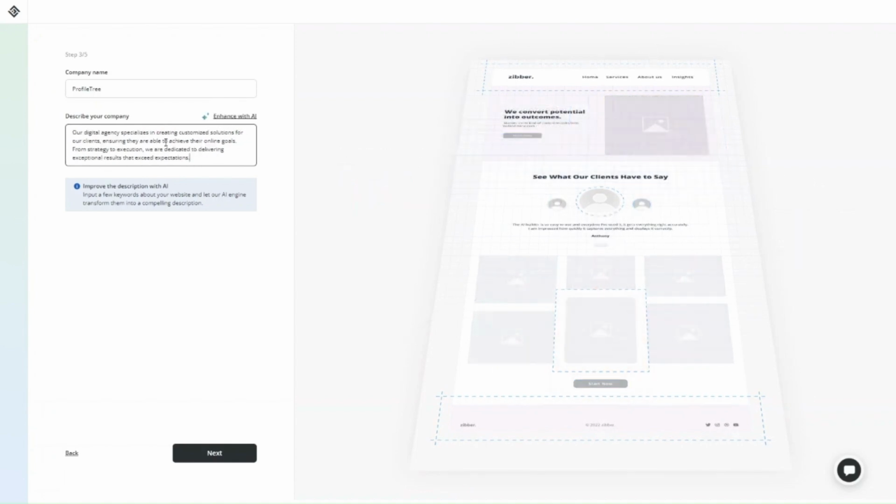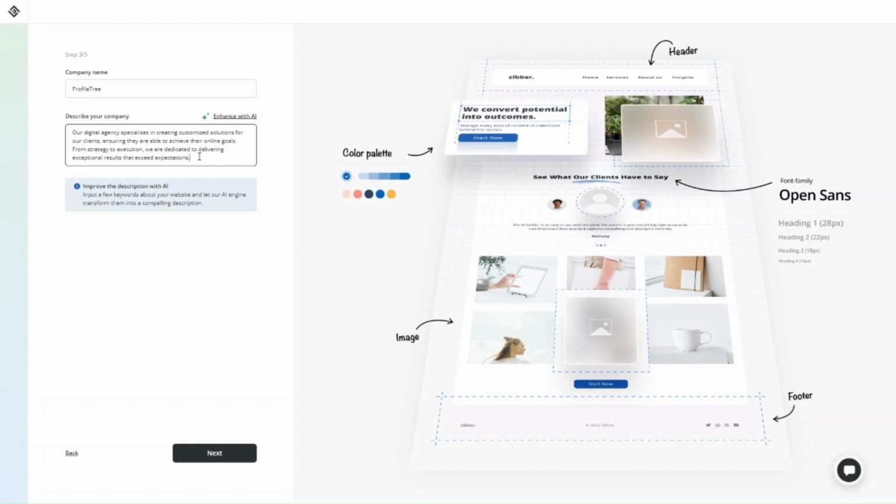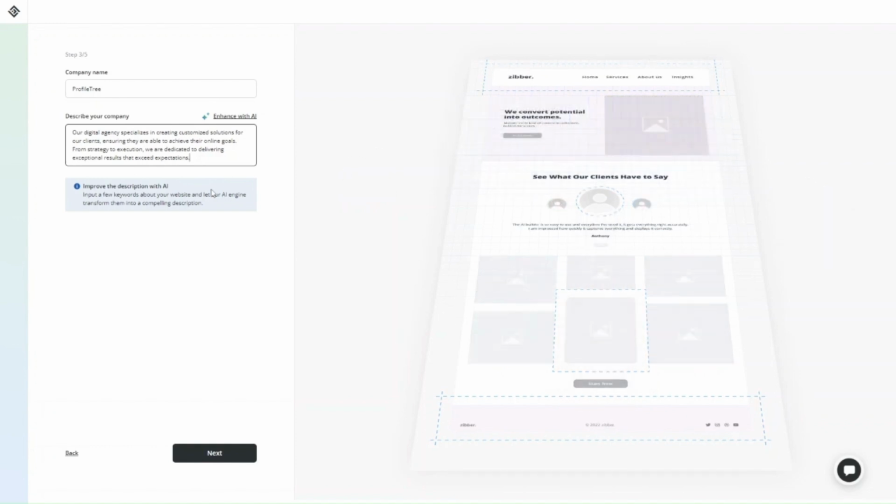So you can see it's created a bit better text as well. You can read through that and see if it's okay. You can edit it, add new things, remove things like that. So they do have that AI tool to generate your text as well, and we'll look a little bit more at that as well. So we're going to click next,